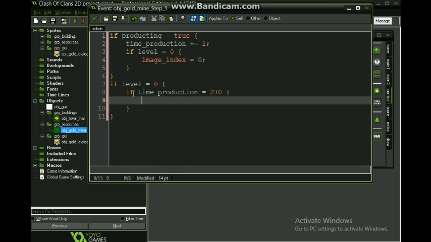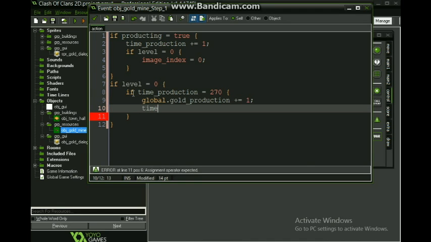Production is 270, it will just say global.gold_production plus equals 1, then we will return the time production to 0.